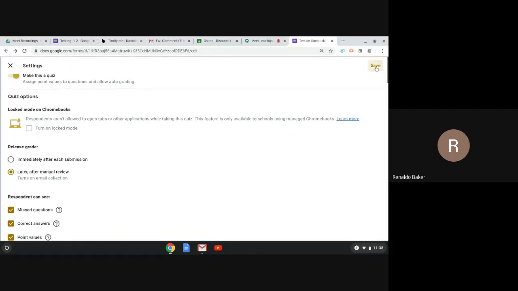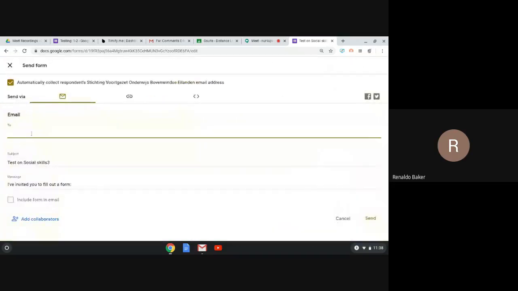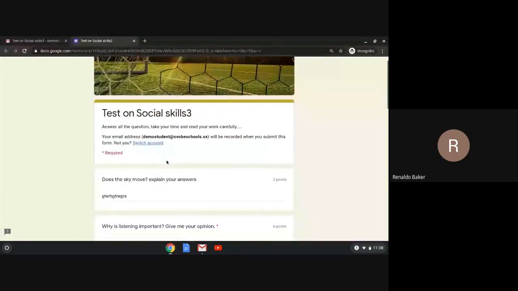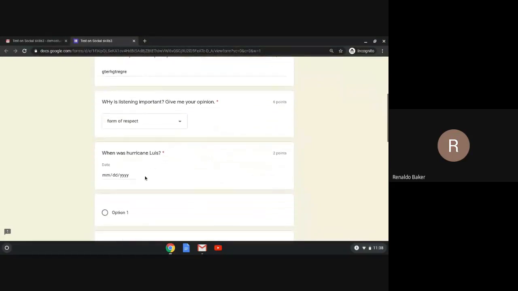Make sure you click save and you go to the address, and I'm going to put in the email address of the student, demo student, and I'm going to click send. Once I click send, then the student would receive the test. And this is what the student would then see. This is the test, and he would then follow through